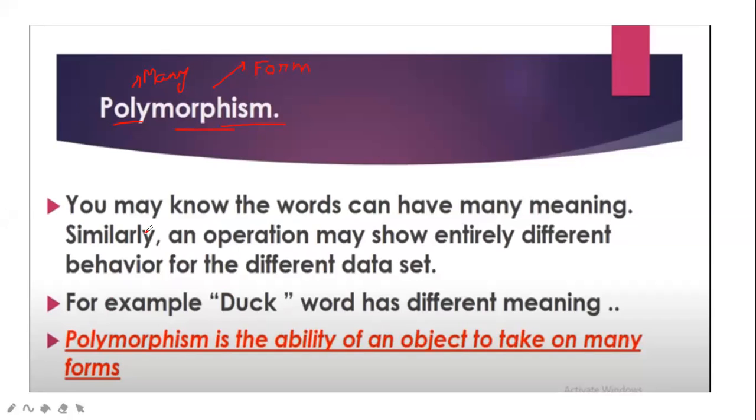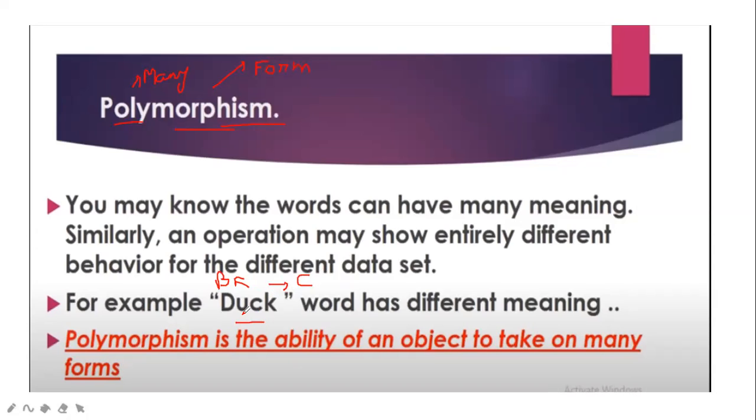If I say duck, I have taken an example of duck, right? Duck is a bird, one thing. The other meaning for duck is what? This is in cricket. You all must be knowing this. One meaning is duck is a bird, and the other meaning is what? In cricket, there's a rule which is called a duck. So that particular word has two meanings,